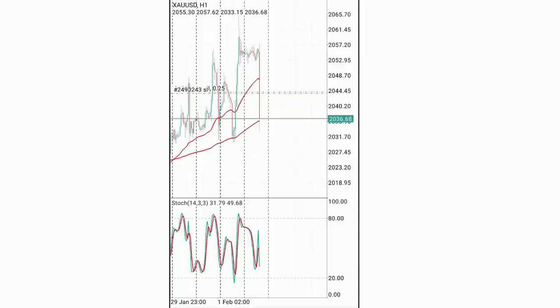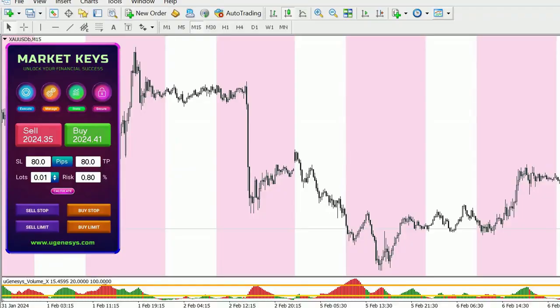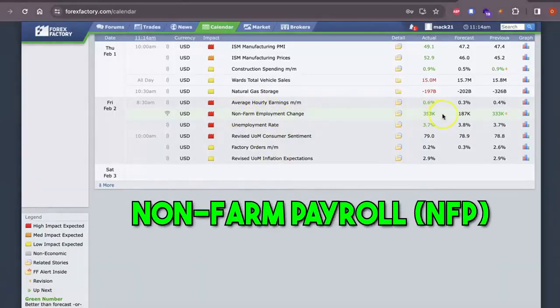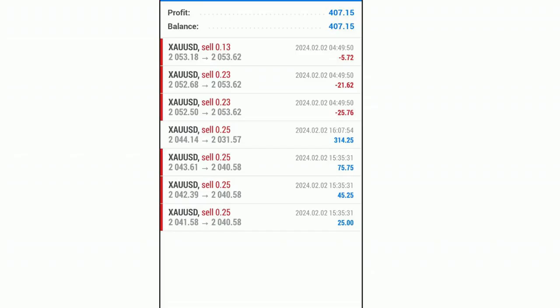And today, I want to show you guys some profits that we made early on this month trading gold and the fundamental and technical analysis strategies that we used to make these profits. So on the 2nd of February, utilizing fundamental analysis based on the non-farm payroll news release, we traded gold and made a profit of